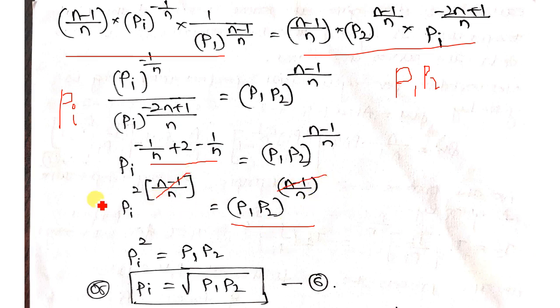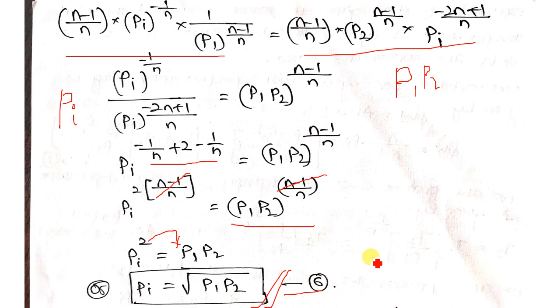So by this, what is your conclusion, guys? Listen to this carefully. If your intermediate pressure is equal to the square root of the product of suction and delivery pressures, then you are in an optimal work input condition. That means whatever work input you are giving now is minimal. When is it minimal? When your intermediate pressure is equal to the square root of P1 and P2. So that is the condition by which you obtain the minimum work input.